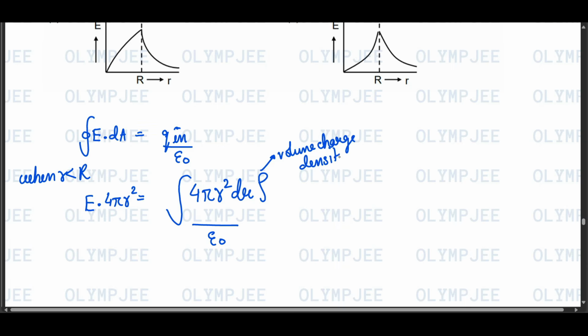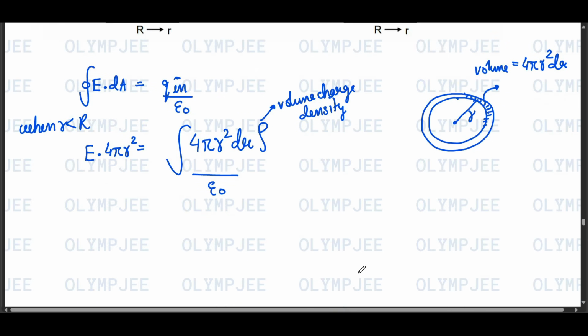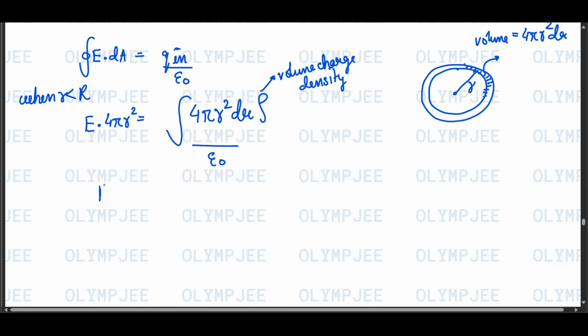This I have written because if we consider a shell at distance of r, the volume of this can be given as 4 pi r square dr, right? 4 pi r square is the surface area of this inner shell and dr is the thickness, so it approximately comes out at this only. This is an intuitive way to find out the volume. So E multiplied by 4 pi r square is equal to 1 by epsilon naught